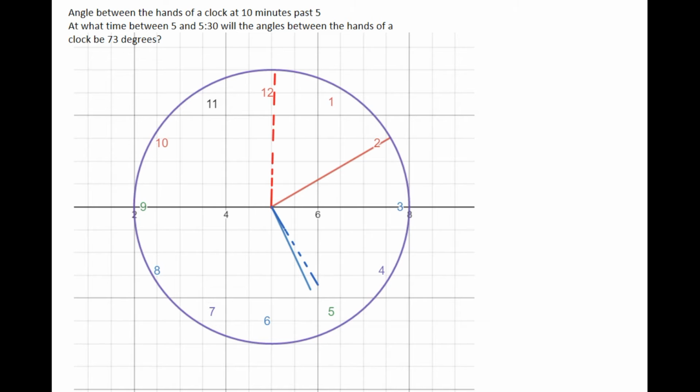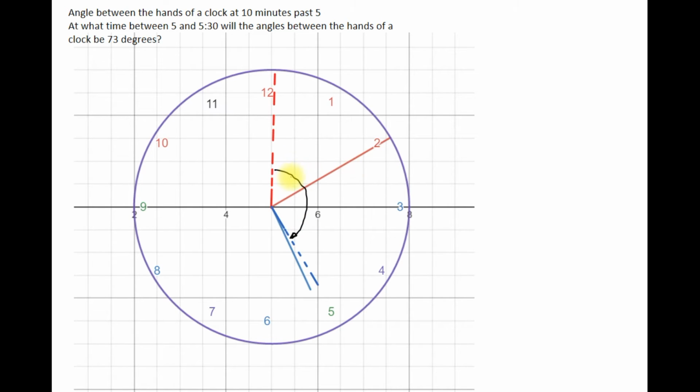We are asked to find the angle between the minute hand and the hour hand of a clock at 10 minutes past 5. Now here I'm showing with the full lines a clock which is showing 10 minutes past 5, and the dotted lines are the two hands at exactly 5 o'clock. Now at exactly 5 o'clock, the angle between the minute hand and the hour hand, which is this angle here,